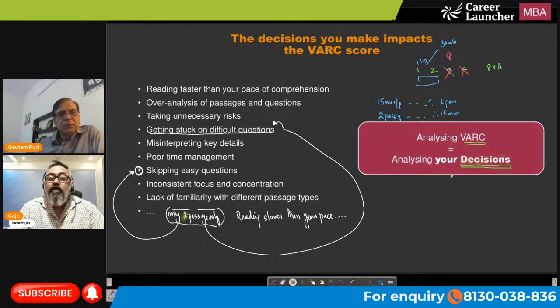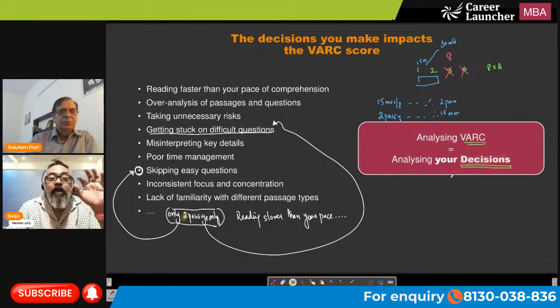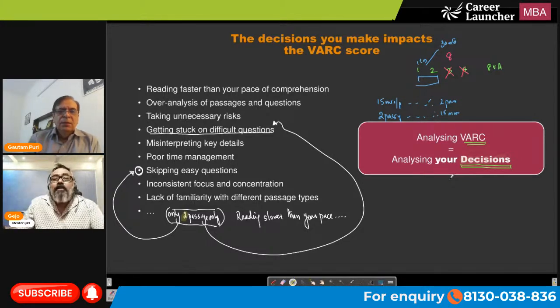GP, I have heard a lot of students saying this, sir, my scores are fluctuating. I don't know why my scores are fluctuating. मुझे नहीं पता, समझ नहीं आ रहा है सर VRC में हो क्या रहा है. I think what is absolutely crucial is, we may not find a solution to any of these problems, but it's very very important कि understand what the problem is. अब तो प्रॉब्लम समझ में नहीं आएगा, सॉल्यूशन शायद होगा नहीं, but at least if you understand the problem,